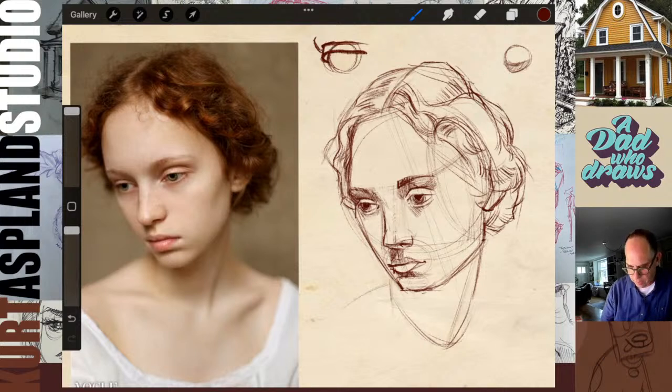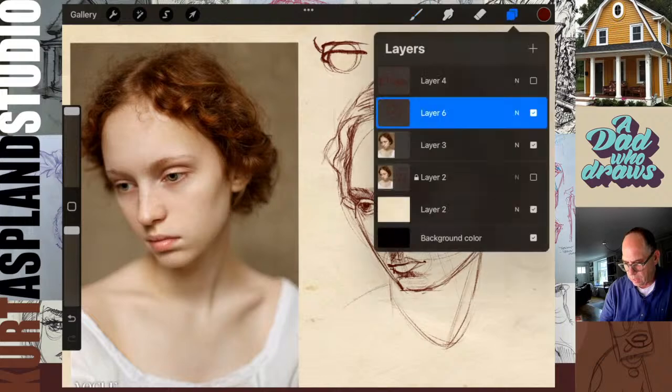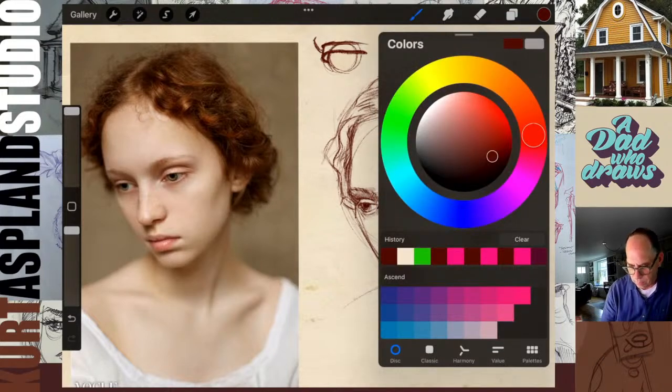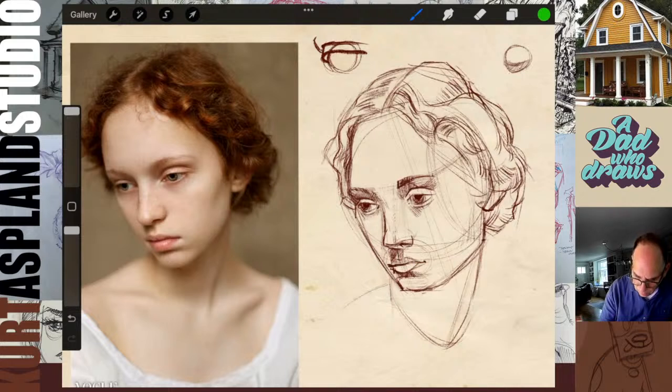Back's coming around here. Okay, let's look at this negative shape here. Let me bring this up. Right in here. You see this? You want to be aware of that negative shape.